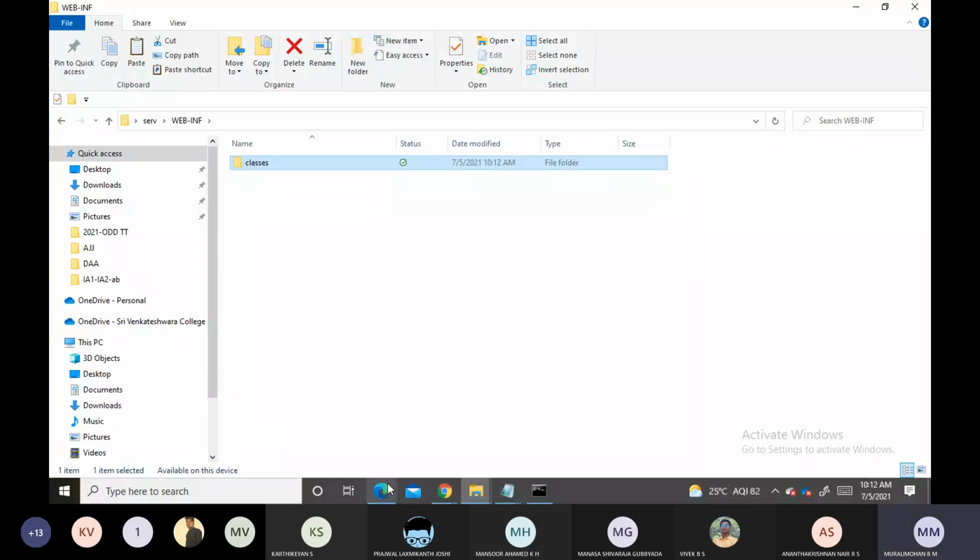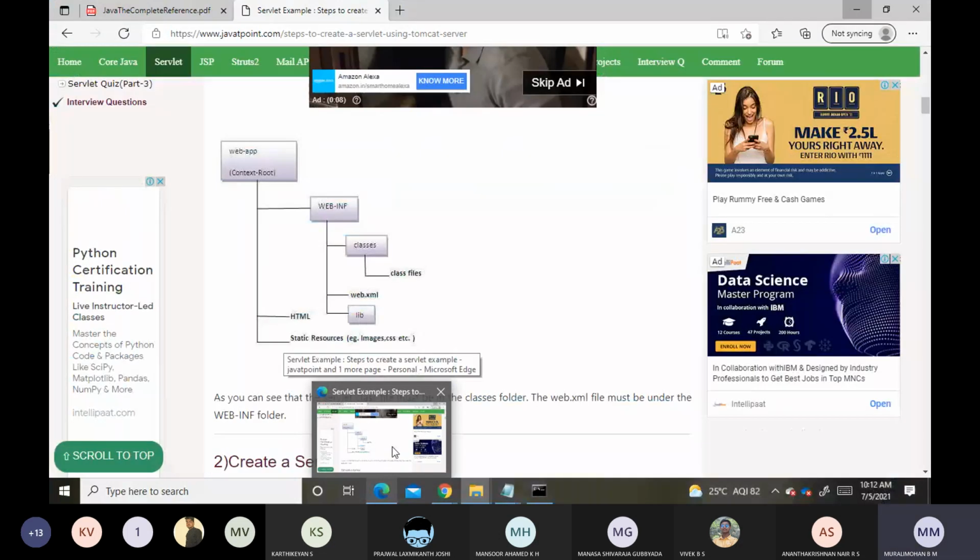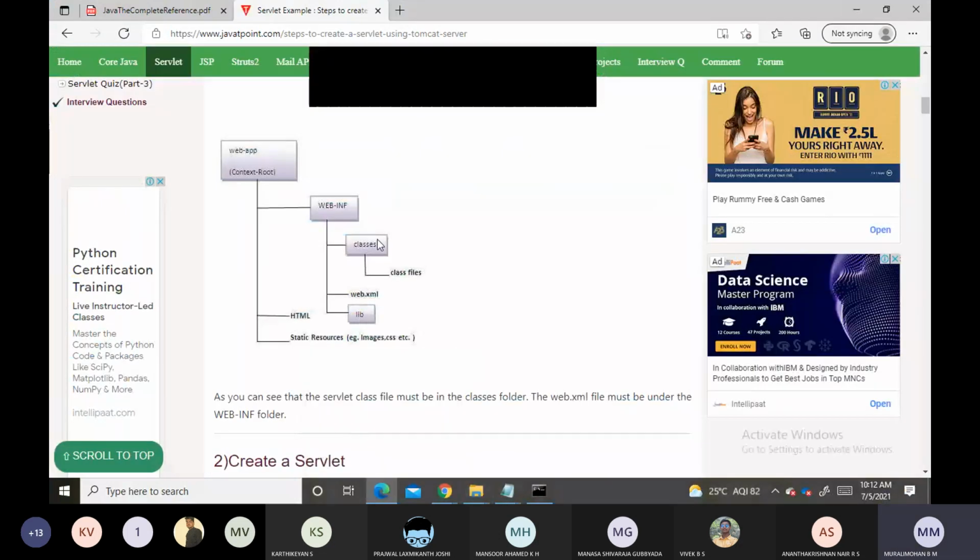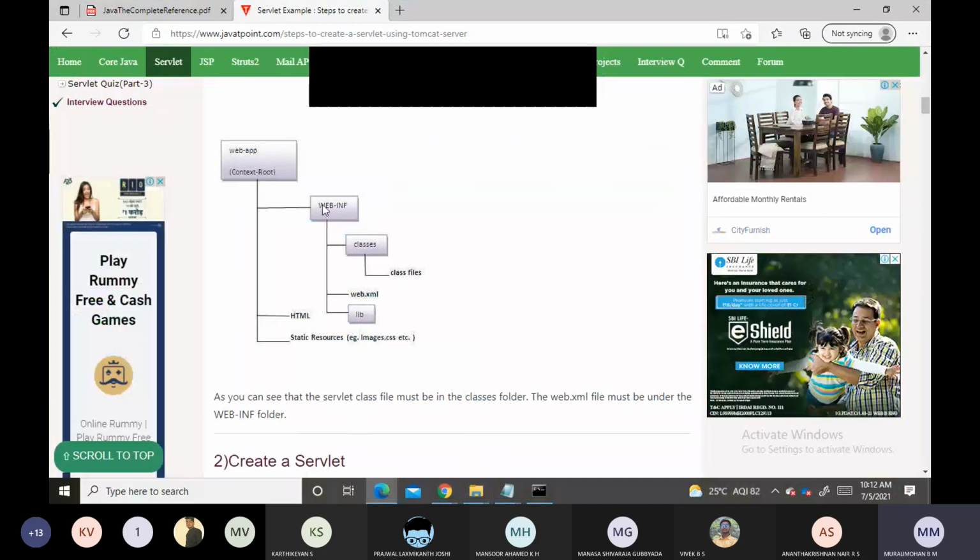Now one more thing. After creating classes, this WEB-INF folder should also consist of the web.xml file, because we are writing the server.